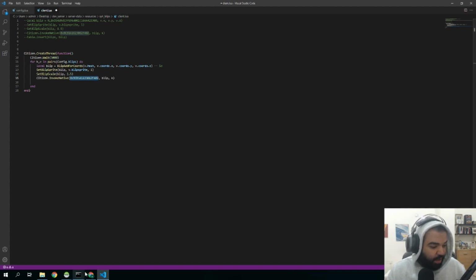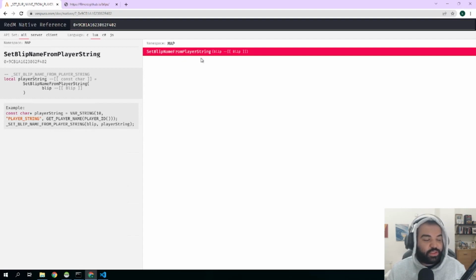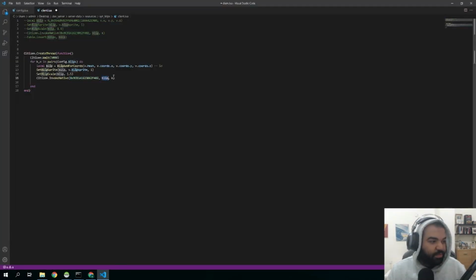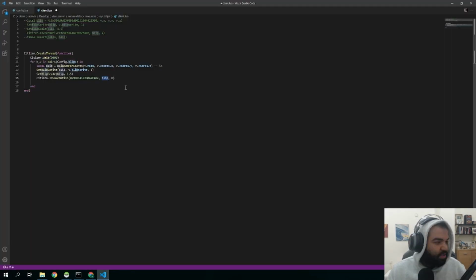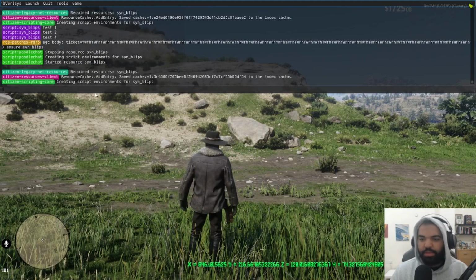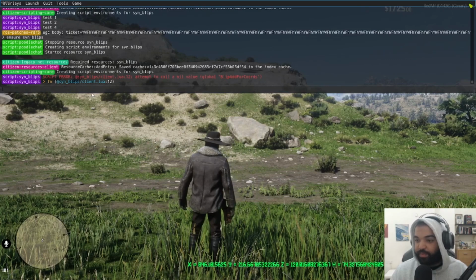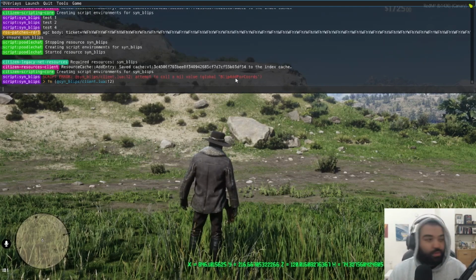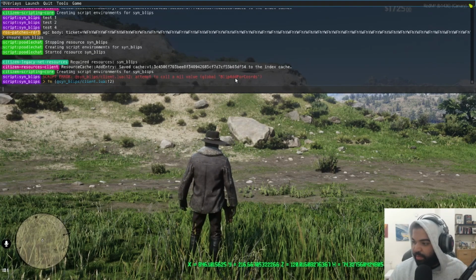Now, what is this native? I wanna know what this native is. So I can go here and I can say set name from player strings. So what this means is this is where the name of the blip is assigned. And what we can do is we can go here and we can say v.name, right? If we restart the script blips, it's gonna wait 5 seconds, and then it should populate our map with different blips, right? It says global not found, add blips records, meaning we have to use the unnamed variable,